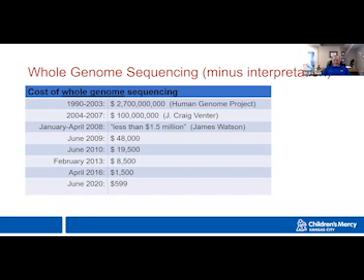Doing a whole genome sequencing today, you can do it for as little as $600, and I shall say $600 and a 2-week turnaround time are mutually exclusive. You can get a $600 whole genome. You can get a very short turnaround time. You cannot get them at the same time. And so if you do that, your $600 whole genome is going to take quite a while to get back.